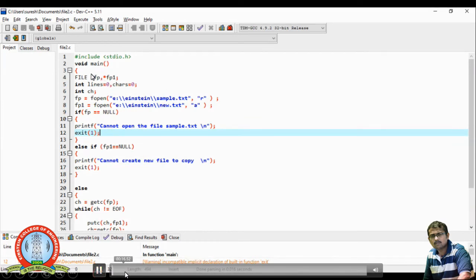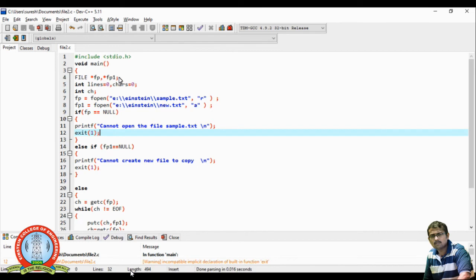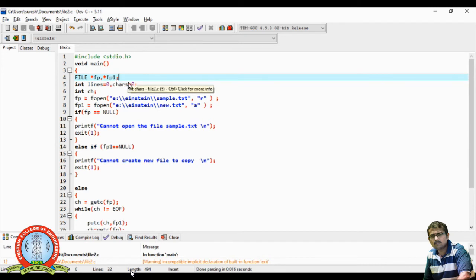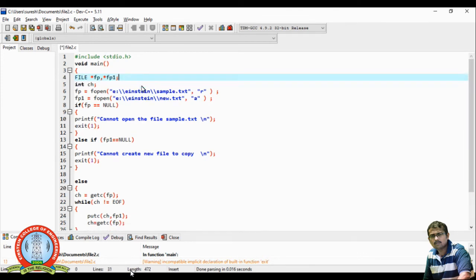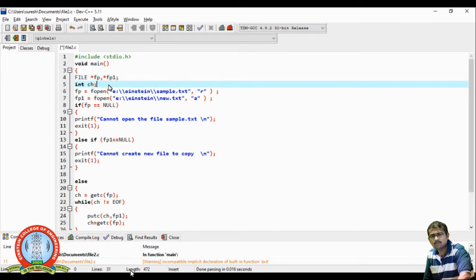Okay, so I declare two pointers, fp and fp1, and I don't require the number of lines and characters from the previous program, so I delete that line. The same ch is used to read the character.